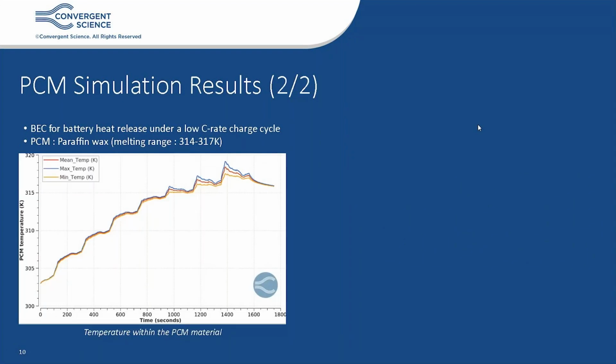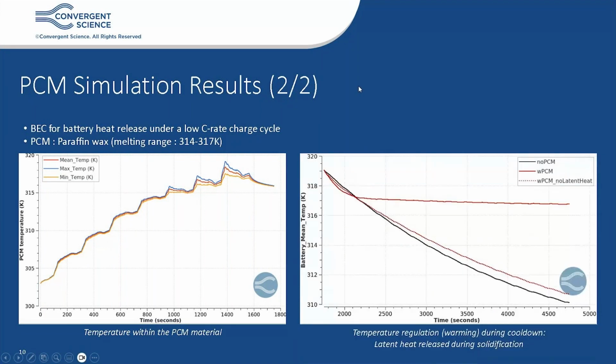Now you can do more detailed evaluations of phase change materials. You can look at the temperature distribution within the phase change material. You can make a careful selection of phase change materials depending on the operating temperature range you require. You can improve your design, but also phase change materials can heat up the solid when the temperatures drop,